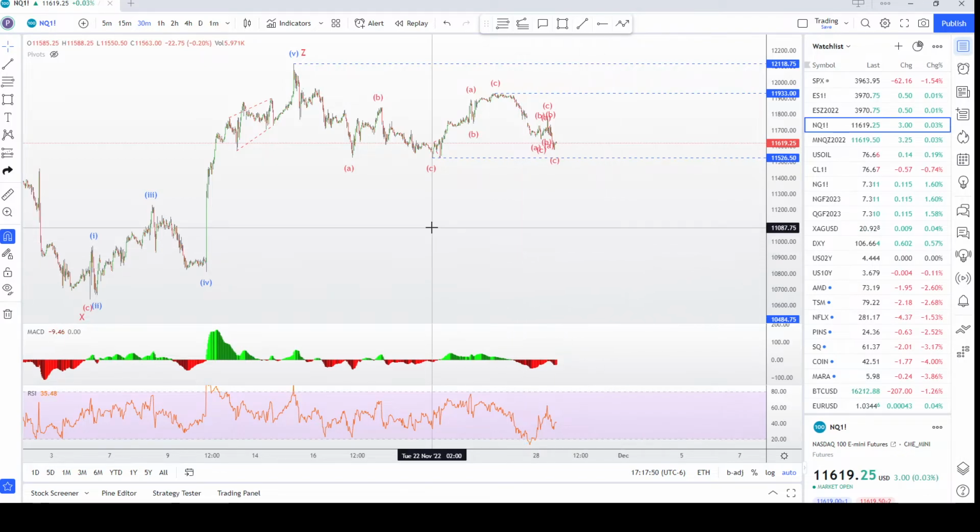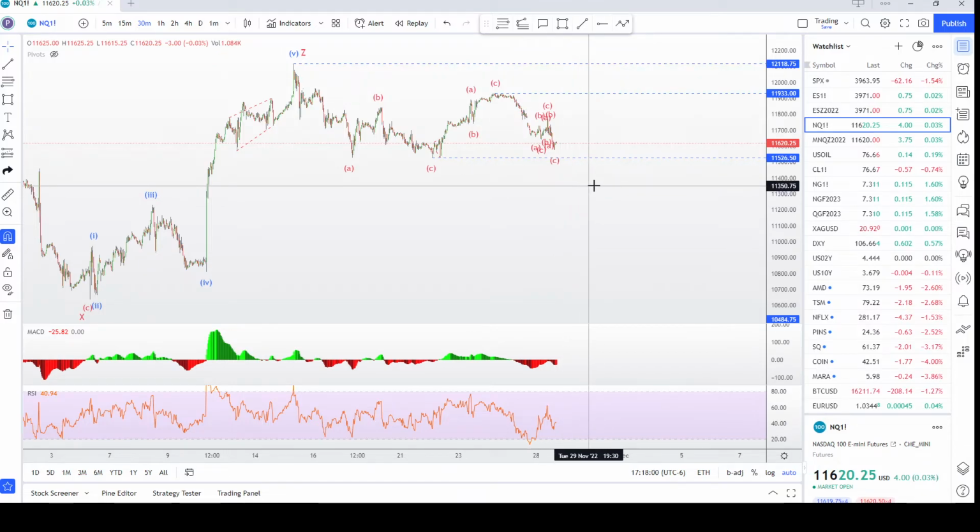So I'm starting to lean towards that the top might be in, even though it still seems like there's a lot of strong optimism in the market. But who knows? I guess maybe this China protest might be scaring a lot of people, and maybe the top is in. So I need to watch how this all plays out. And do we just break this low, and maybe this is just a big WXY and we go up, or is this creating one big leading diagonal for down? So that is what I see.